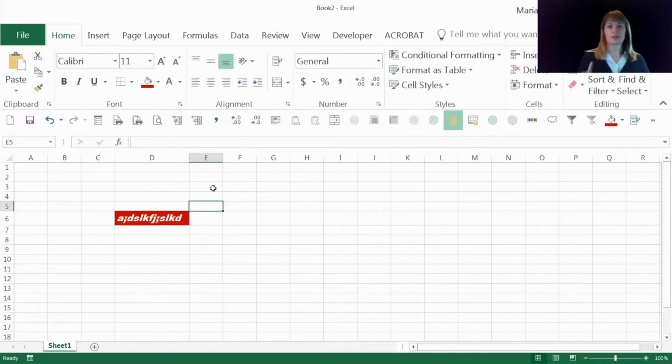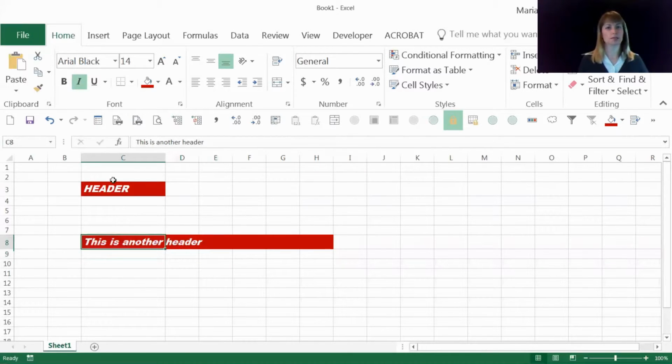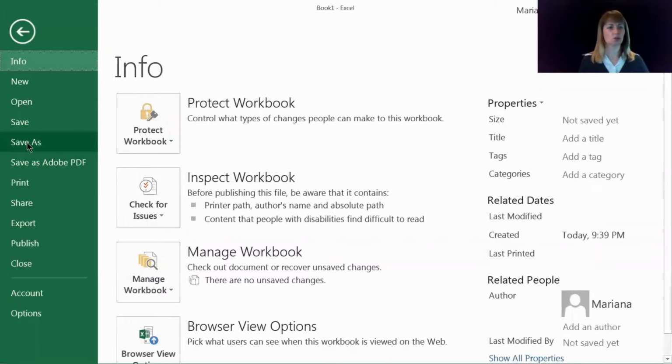But the thing is, your workbook has to be open in order to merge the styles from it. So what we need to do is find somewhere to store that file so that it opens every time we open Excel in case we want to use those styles. So what you can do there is I'm just going to close this. And I'm going to go back to this and pretend this is my actual template file that I want to use to open every time and have my style available. So I'm just going to save it, and we will save it to,